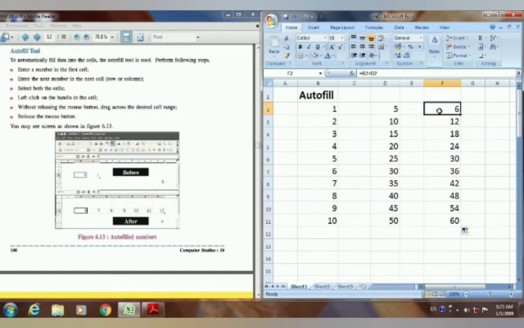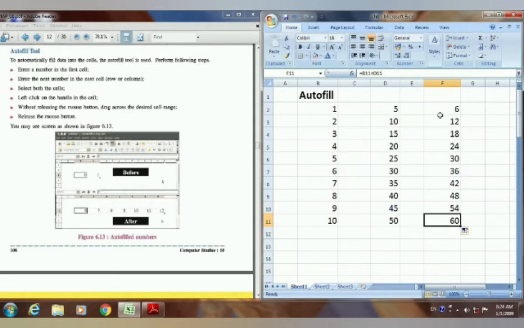So here you just observe. It will automatically change the rows and columns address. See, here the address was B2 and D2. That was already typed by us. Now if you check, see, the formula is also changed, that is B3 and D3. If you check the last one, here also the formula is automatically changed, that is B11 and D11. So this cell address is known as a relative cell address, that is automatically changed by the Excel program itself. So this is called relative address.